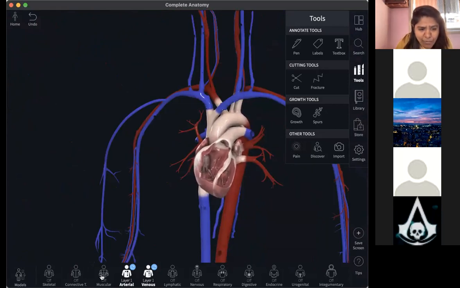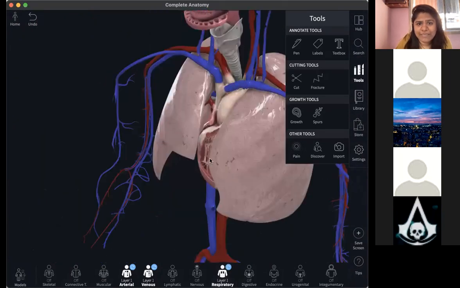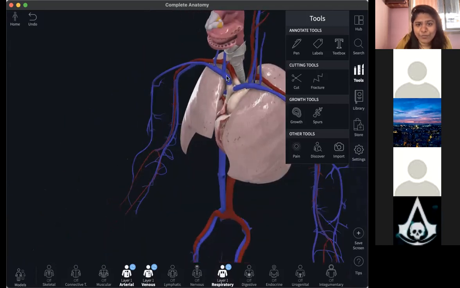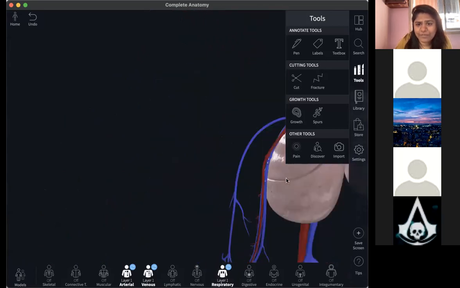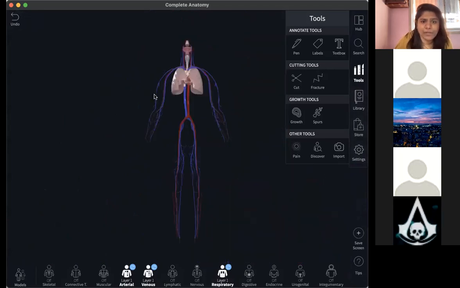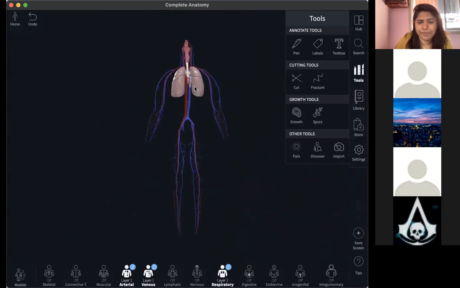Now if you look at your respiratory system being added into all of this, you can see that the supply to your entire body is coming like this. It is going to move. Can you see this red tube that is coming from here? And then you can also see from the back. Just give me a second. Going to open it from here.